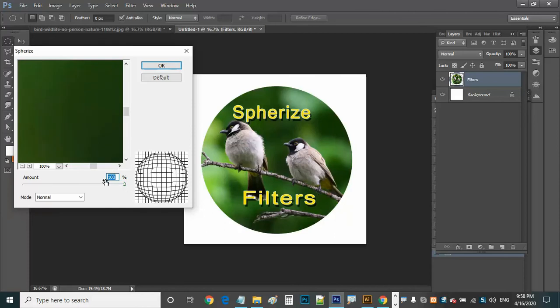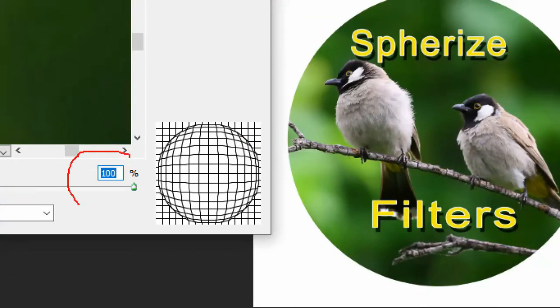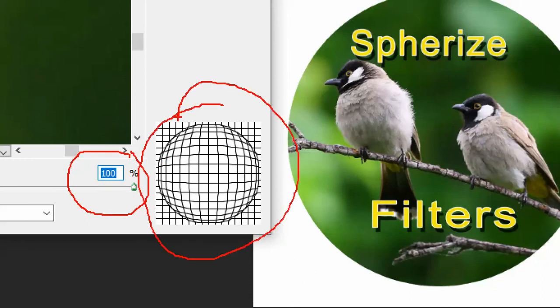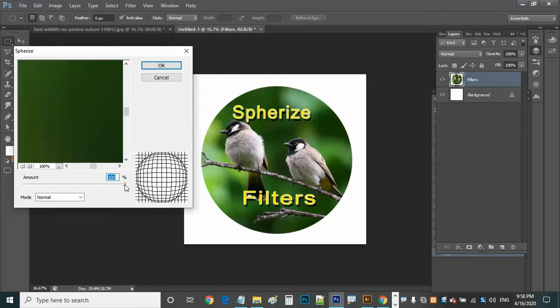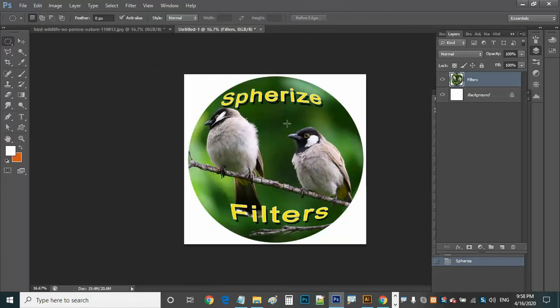If you can see this, it is a positive 100, and you are getting a spherical shape here. So we are going to use the spherical shape, and when I say OK here, now I can see we got a spherical shape. Now it is 100% spherical, so we got a spherical shape here with the Spherize. But still I want to make it more effective here. That means I want a little shadow here around the edges, and I want a shining effect here, because normally a spherical ball, if you can see, will shine in some part of the picture.